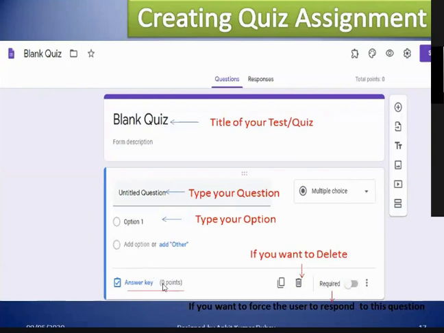Okay. The new thing here is the answer key, because you are giving them the question. When you click here, it will ask you the points, like the question having 1 point or 2 points or 3 points, I mean the marks. And the answer key should be there so that Google automatically gives them the score that they have scored this much. You do not need to check or do anything.